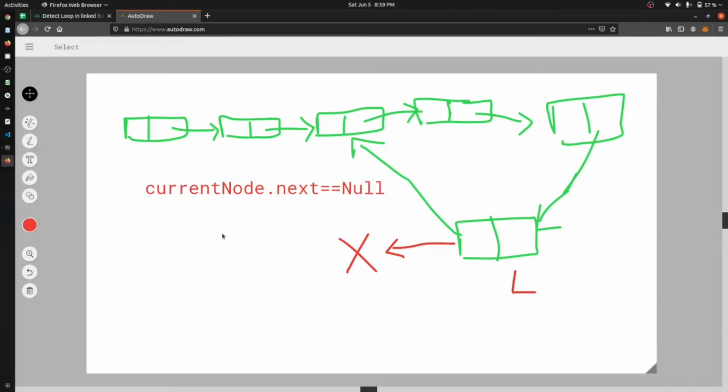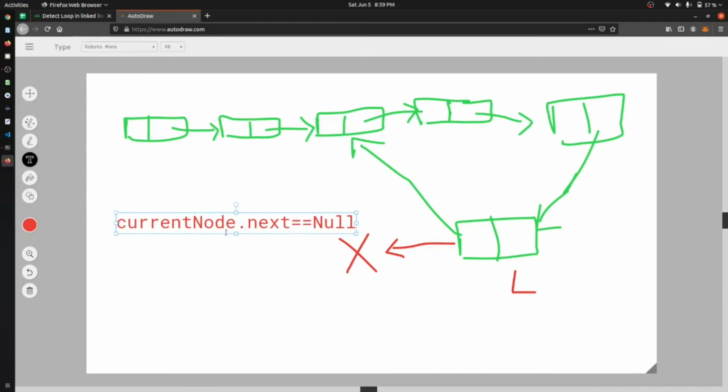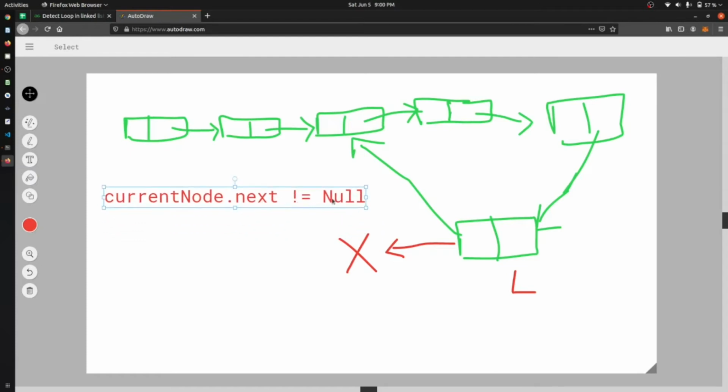Okay, if I am able to find such a point in the linked list, then it is said that this list does not contain any loops. Because I am just focusing on the null part, and if I am not able to get that null, it means that there is a loop. Okay, and there's also one more way.